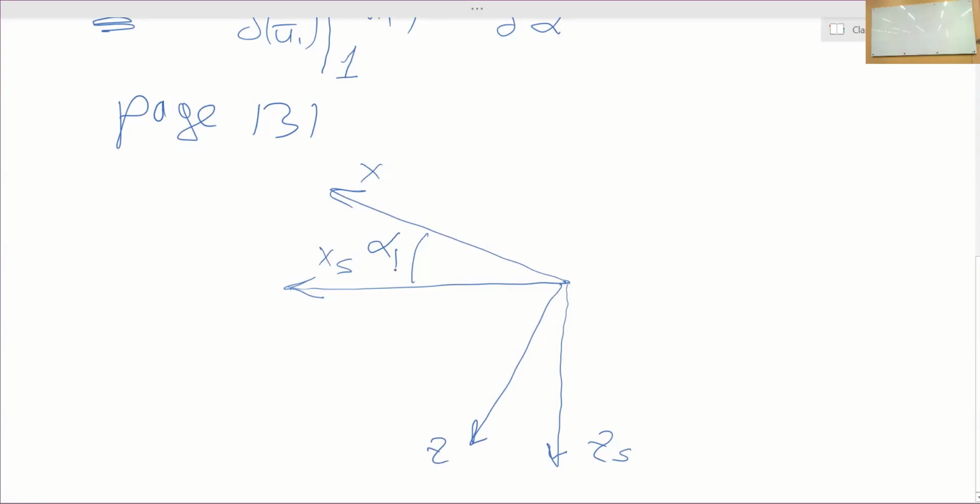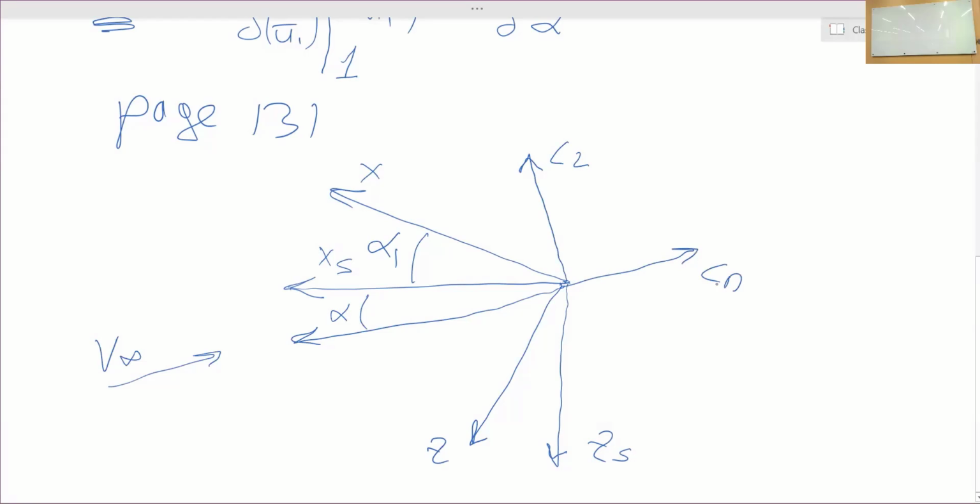So the steady state forces and moments are in the XS, ZS axis system. But now we have a small perturbation, alpha, on top of that. So our relative local wind at this instant in time with the perturbation is coming in from this direction. So what that means is that lift and drag are tilted slightly by that angle alpha,